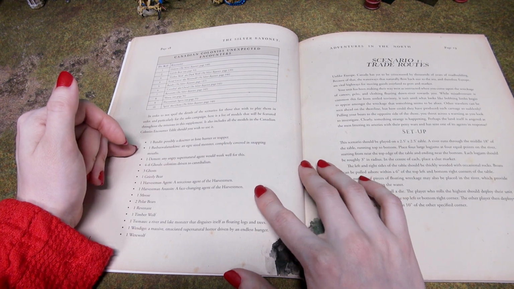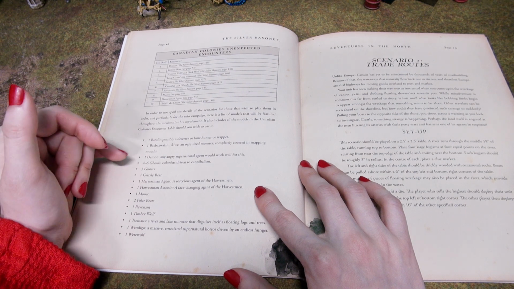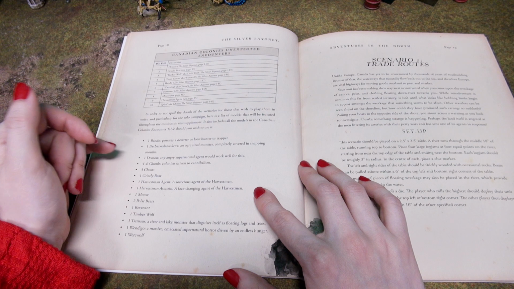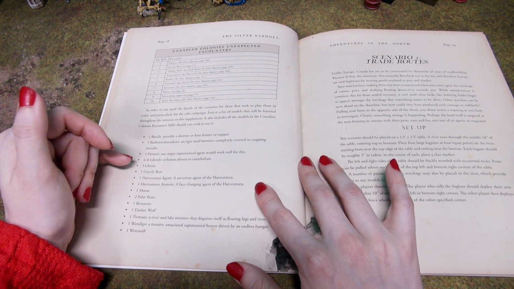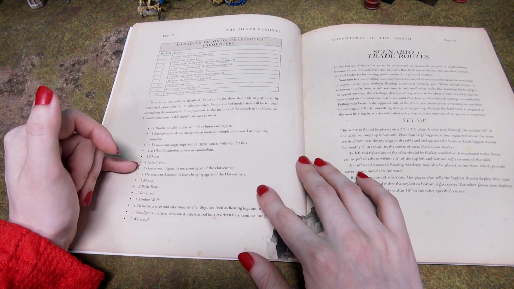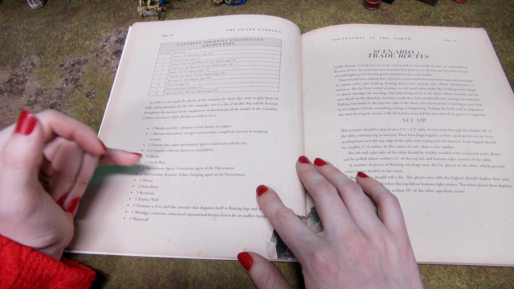A First Nations monster that we are definitely going to read more on. 1 demon. An angry supernatural agent would work well for this. 4 to 6 ghouls, colonists driven to cannibalism. 3 ghosts, 1 grizzly bear, 1 harvestman agent, a sorceress agent of the harvestman, 1 harvestman assassin, a face-changing agent